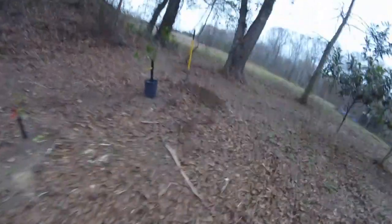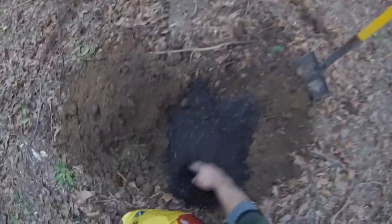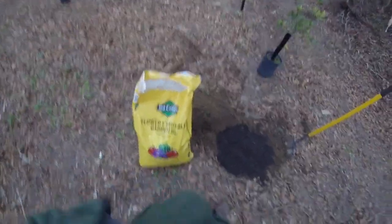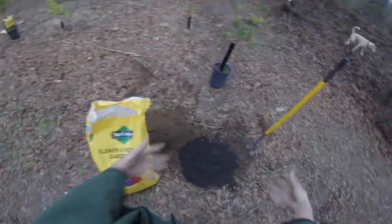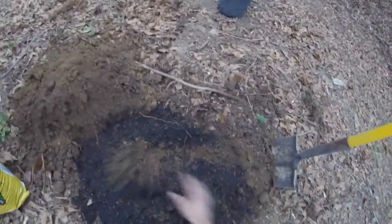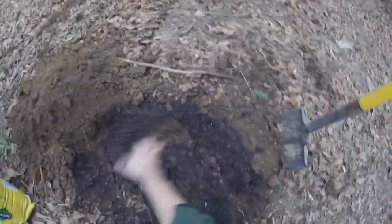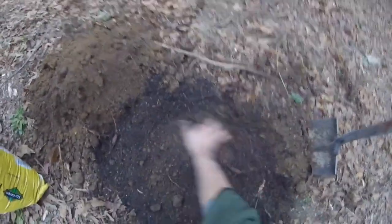Now, what I'm also doing is throwing in a little bit of organic material. You know, any kind of bagged stuff, potting soil. This is actually a flowering and vegetable garden soil. You know, it's got a little bit of fertilizer in it, but essentially it's what you're supposed to put in your soil for growing vegetables and such. Adds a little bit of organic material to it. Now, what I'm doing here is just mixing it up with the local soil,